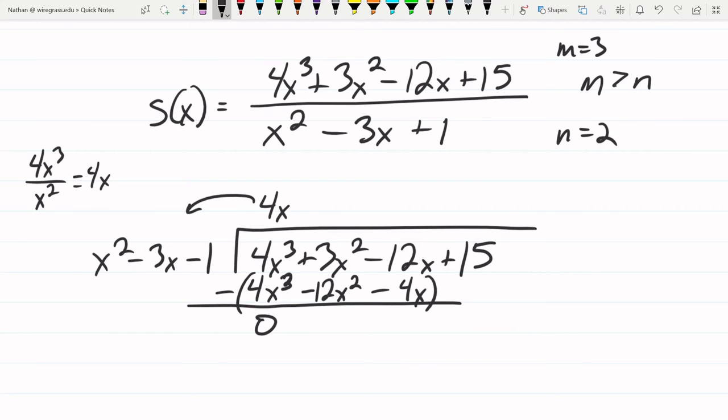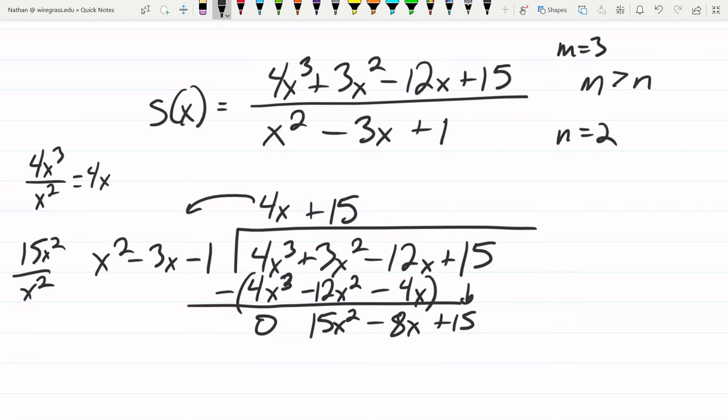3x squared plus 12x squared is going to be 15x squared. And then negative 12 plus 4x is going to give us negative 8x. Bring down the next term and do the division again. 15x squared divided by x squared is just going to give us 15. So multiplying that through, we get 15x squared minus 45x